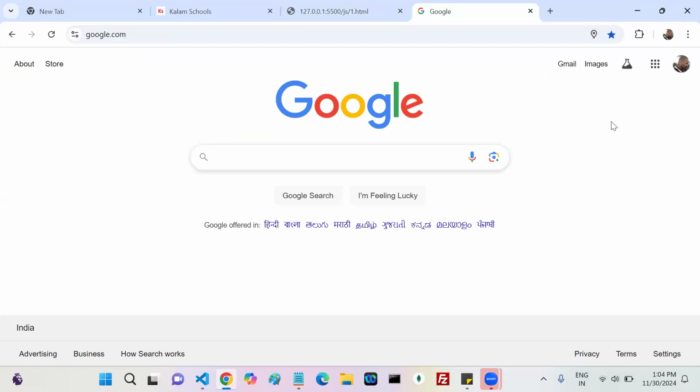This is my Google page. In this Google page, now this Gmail is there. This Gmail, I don't want. I want VTS school. So how can we get it? How can we change it? Now first,